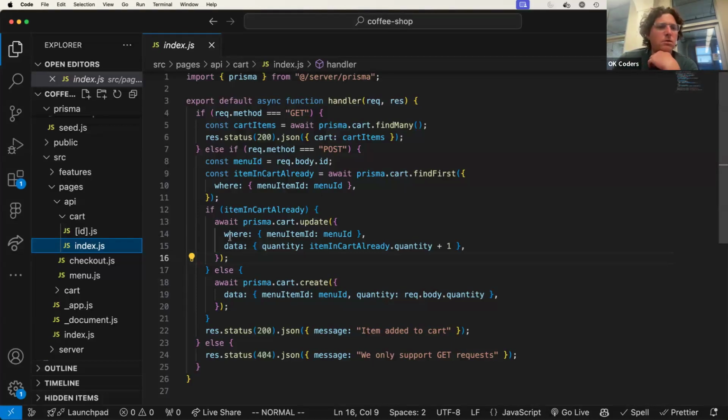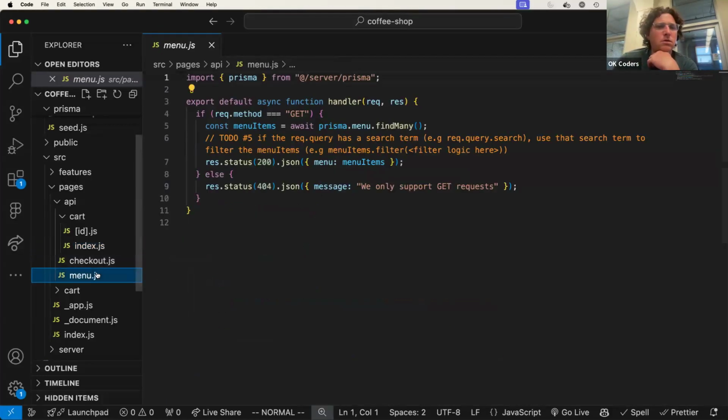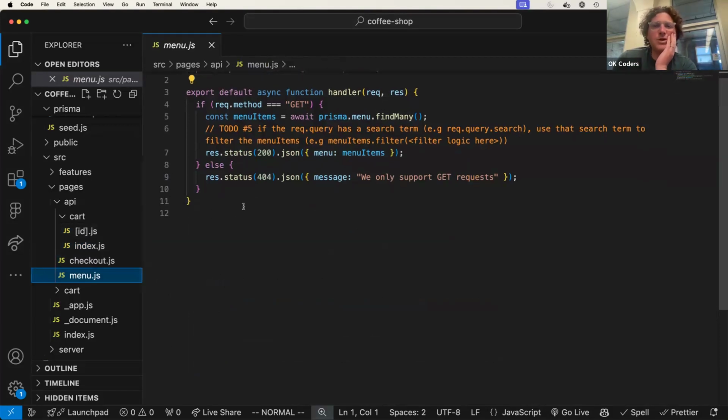Okay, so we've seen an instance of find many. We've seen create, update, delete. Okay, so there's two more things I want to show. We'll show the joining, which is pretty cool. And then I want to show,